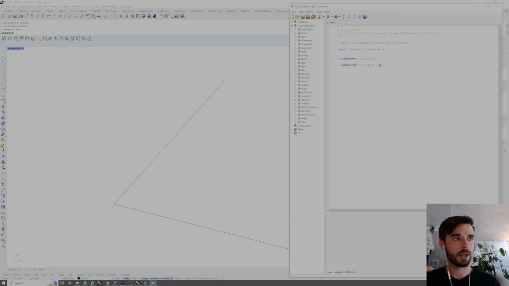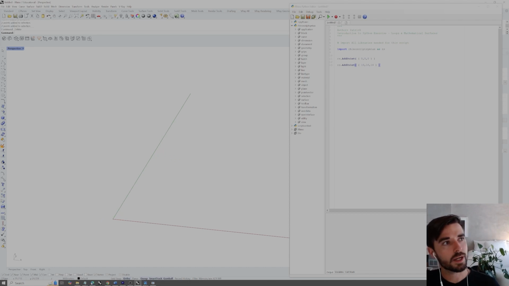So we'll add 1 at 0, 0, 0, and 1 at 10, 10, 10. So when I hit play, we have 2 points being added to our document, 1 at 10, 10, 10, and 1 at 0, 0, 0. If we want to make a line in this file, I'm going to hit enter twice, and we can go